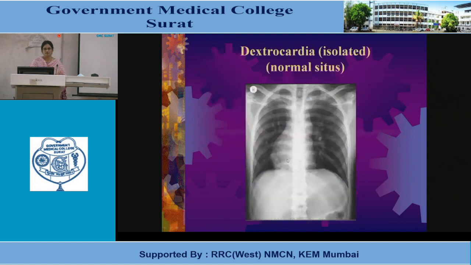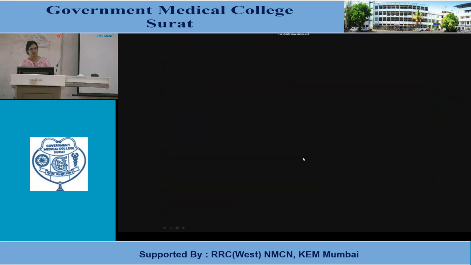So this is a case of dextrocardia. This is the right marker. So whenever you find that on a frontal chest X-ray, the heart is situated on the right side, that is on the side of the right marker or opposite to the left marker, you have to confirm whether there is a problem in the marker or there is dextrocardia. Otherwise, you can see the liver is on the right side, the stomach bubble is on the left side. So abdominal situs is normal while there is just dextrocardia.